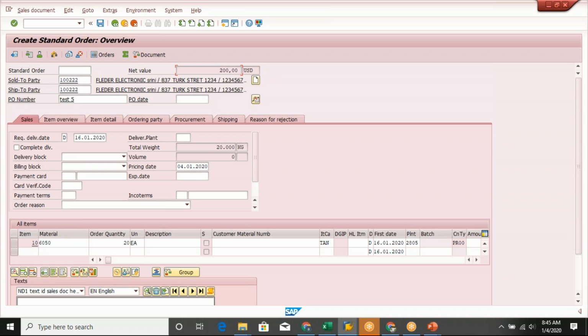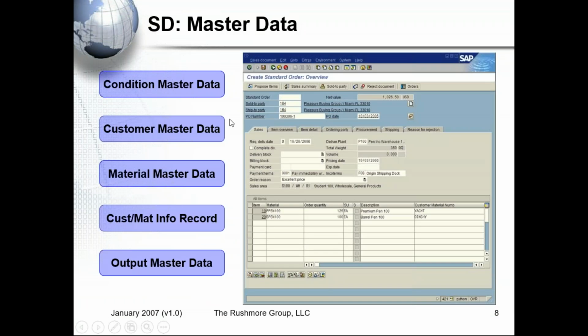That means the system needs the help of the condition master and the price master to determine the price in the sales order. Whatever data helps you create the transactions, and whatever data you set up one time, is called master data. That is condition master data, which is nothing but the price master data, and then the customer master data,